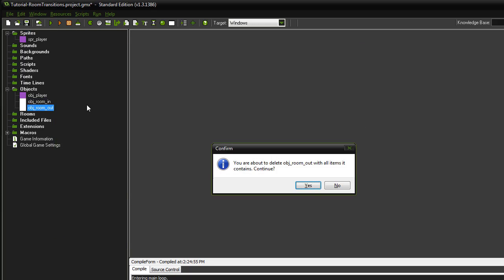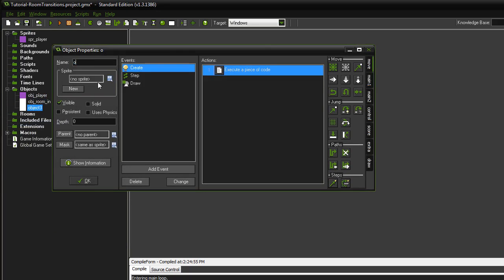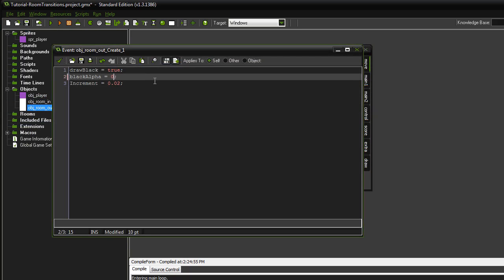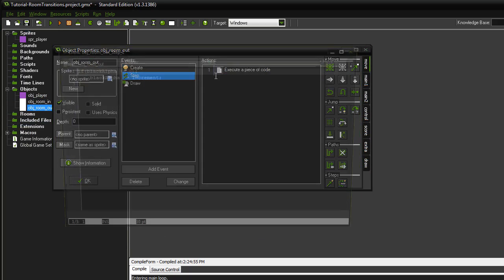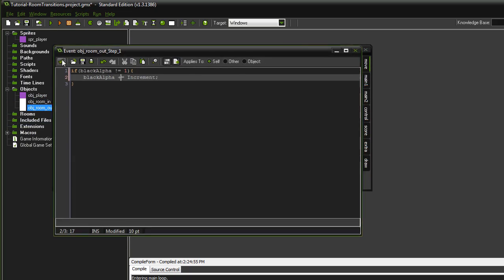Now get rid of the object room out, the empty one. The one we just made, we're going to duplicate that, just for time's sake, it's easier. And with this one we're going to set the starting to 0. In the step event, change black alpha if it's not equal to 1. It adds the increment to the alpha,